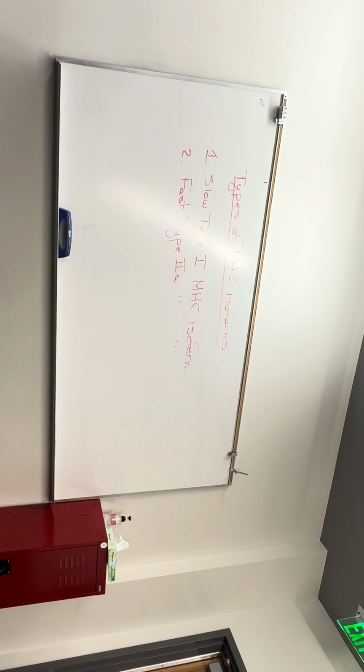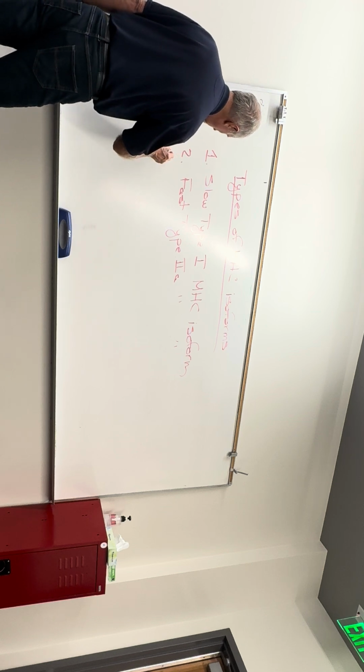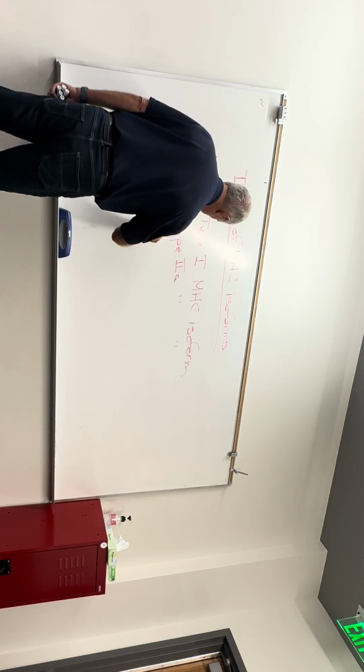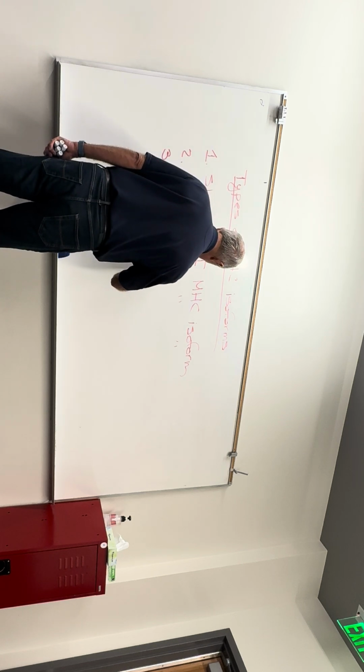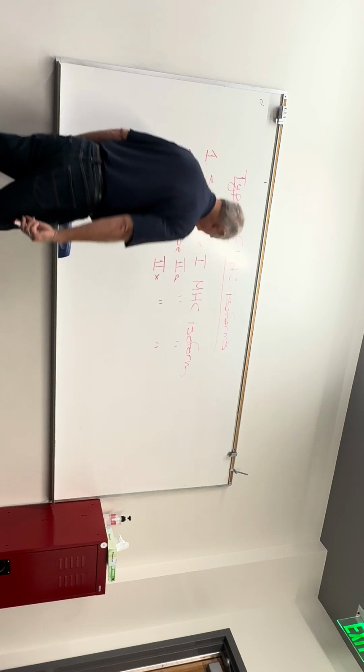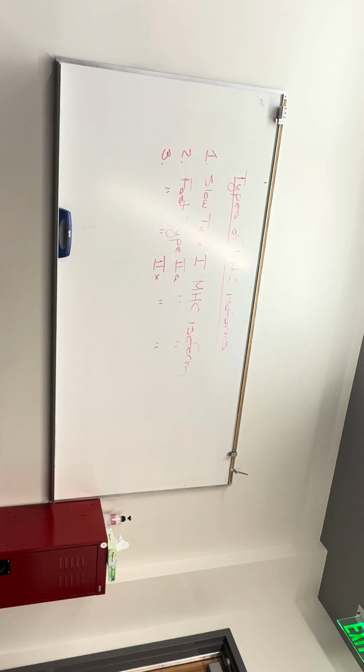There's another type of fast MHC isoform. This is called the fast type 2X myosin heavy chain isoform. Sorry, I don't get to make up the terminology